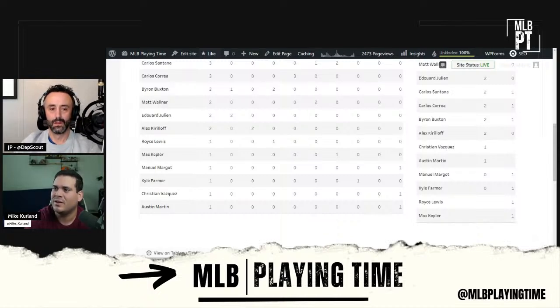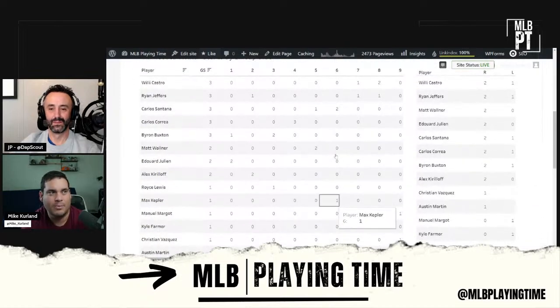Oh no, he's in today. He's back. Okay, so he was out for a couple games, but he's back today, batting 4th against a righty. The one game he started was against a lefty, and it shows you that he still batted 6th. Okay. So yeah, Kepler's still pretty much.